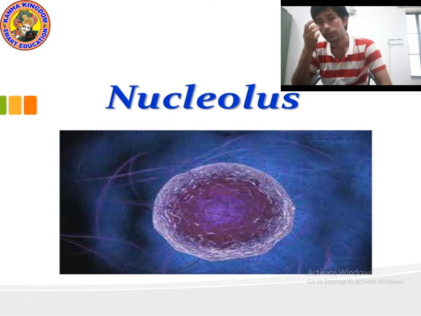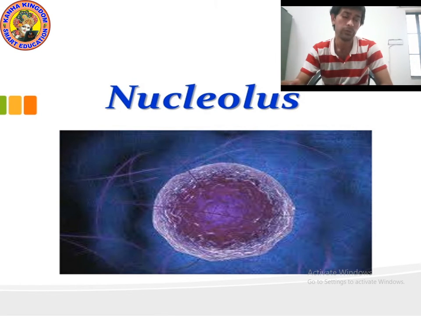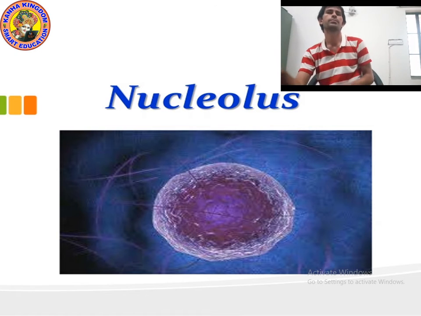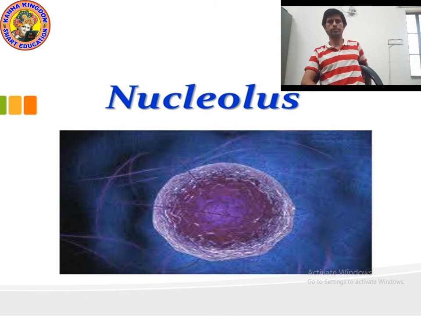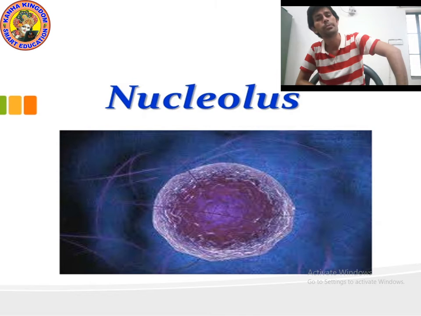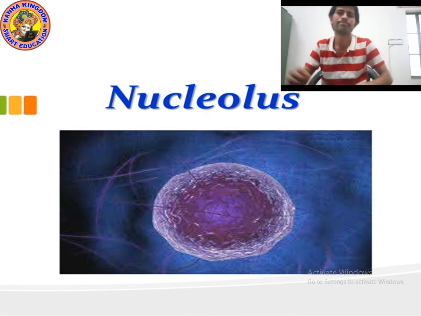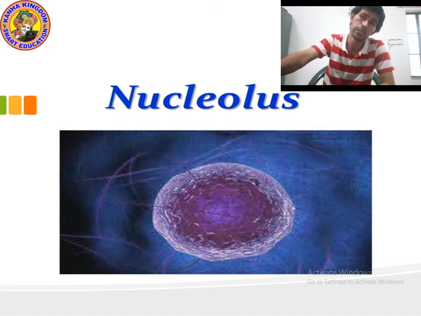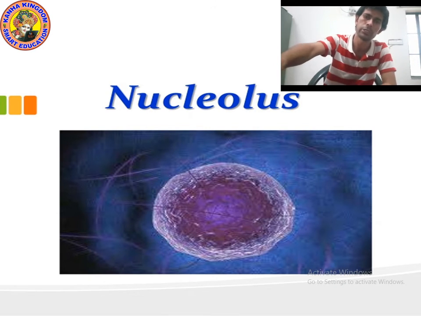Okay, I hope that you understood. If you wish to draw the diagram, you can draw. I am giving you 10 seconds. The diagram is so simple. And look at the shape. The nucleus is in a round shape. But if we talk about the chromosome, the chromosome shape is a little bit different. Let's see the shape of the chromosome. Let's move on to the next point.